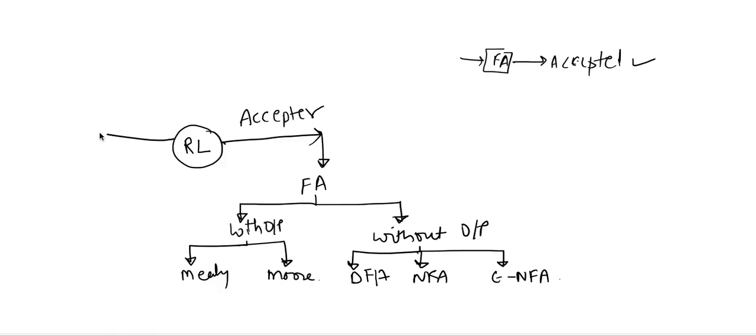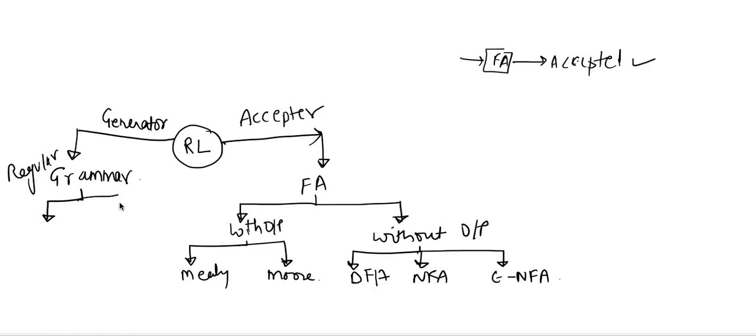now we have one more thing called as the generator. See, generator means this language will be generated by the particular grammar that is called as the regular grammar. Okay, these are also of two types: right linear grammar and left linear grammar. Okay,